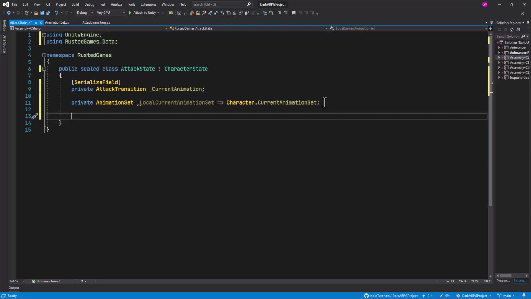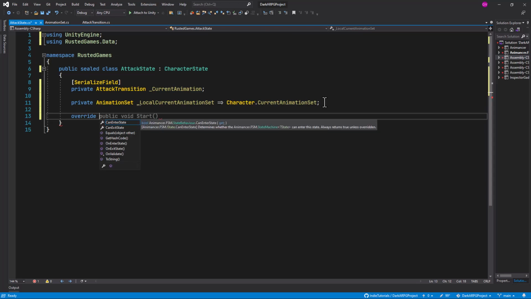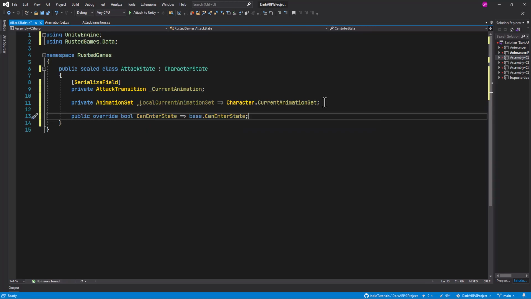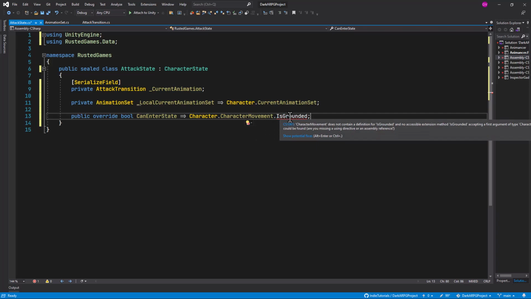Okay, so the next thing is to determine when we can enter this state. So we can enter when we are grounded, right? So let's do an override, can enter state, and we need to check in this case whether our character movement component is grounded. And we don't have this variable yet, we need to create it. So let's add is grounded,